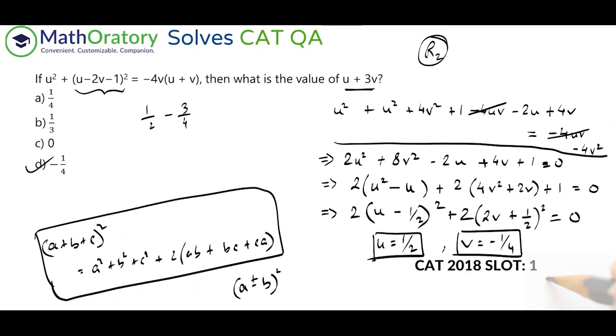So typically this will take around 2 to 2.5 minutes to solve, depending on how good you are with these steps. It might actually go to 3 minutes. So that is why I was saying either do it in round 2 or maybe skip it. It's your call. If you're good with it, then definitely go for it. If you're good with the rest of the questions, then you have enough time for solving a question like this. So try to do the questions which you can solve in less amount of time to save time for this type, which will obviously give you an edge.